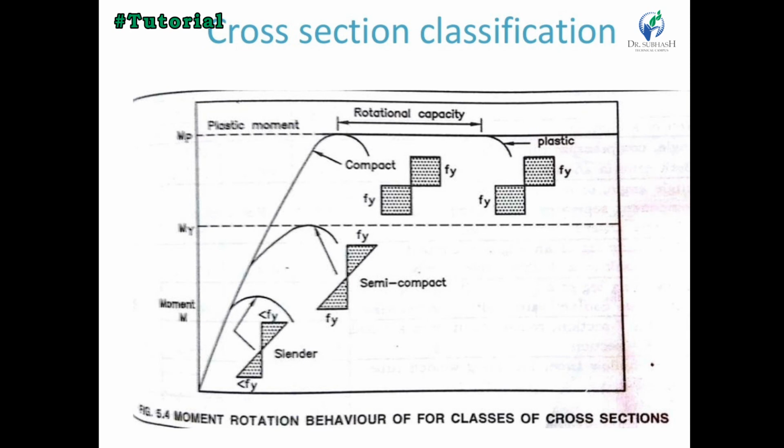And the fourth one is plastic. A cross section which can develop a plastic hinge and has the rotation capacity required for failure of the structure by formation of a plastic mechanism. So these are the four stages by which we classify a section as slender, semi-compact, compact or plastic. We identify these for the section and then find out whether it is slender, semi-compact, compact or plastic. In the next lecture or next video we will elaborate on the design compressive strength. Thank you.